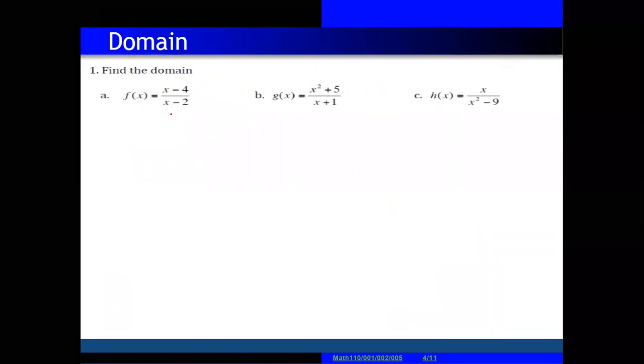Yes, for this one, what about the domain from minus infinity to plus infinity? Because we can simplify that. How can we simplify this? I think, Professor, it's already simplified. It's all real numbers x except minus 2, 2.